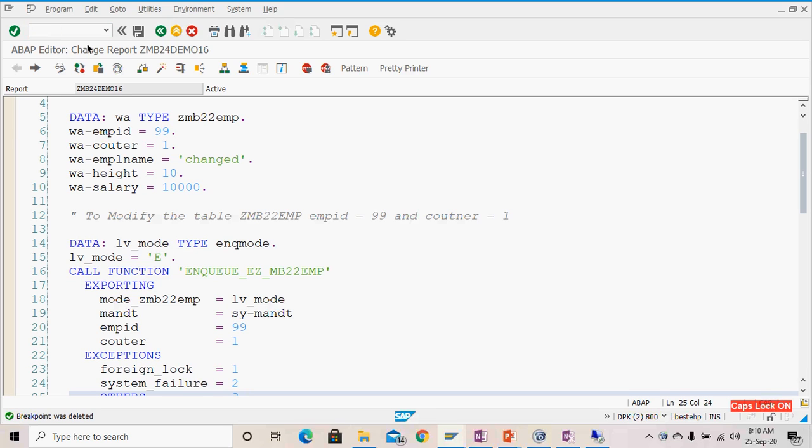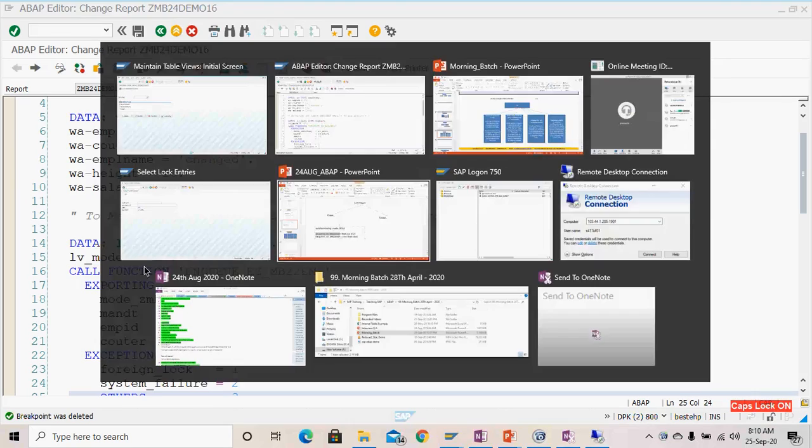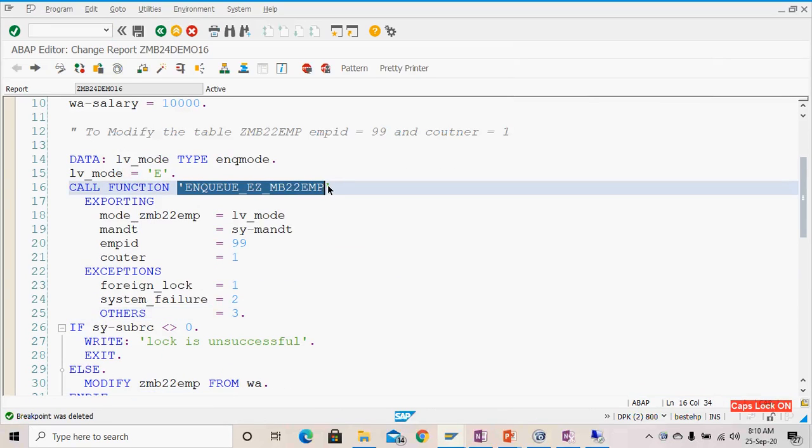For example, if you have to change the data using SM30, you might have observed that when you put the lock on a particular maintenance view, it will not allow another person to change the data and enter data into that, because SAP takes care of those things. But for our purpose, sometimes it requires